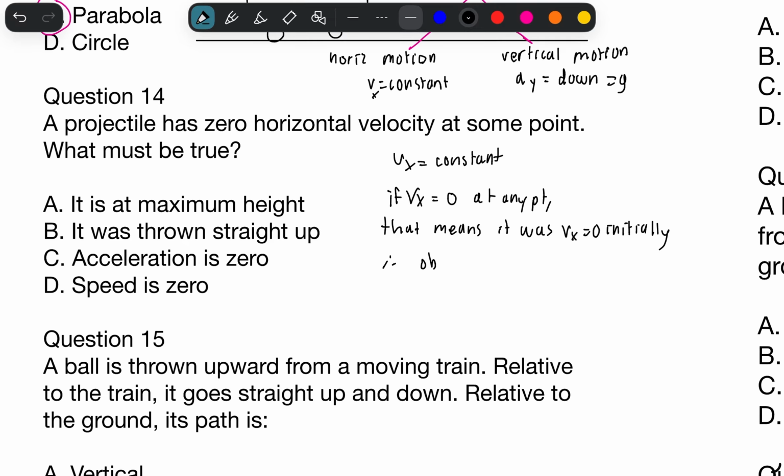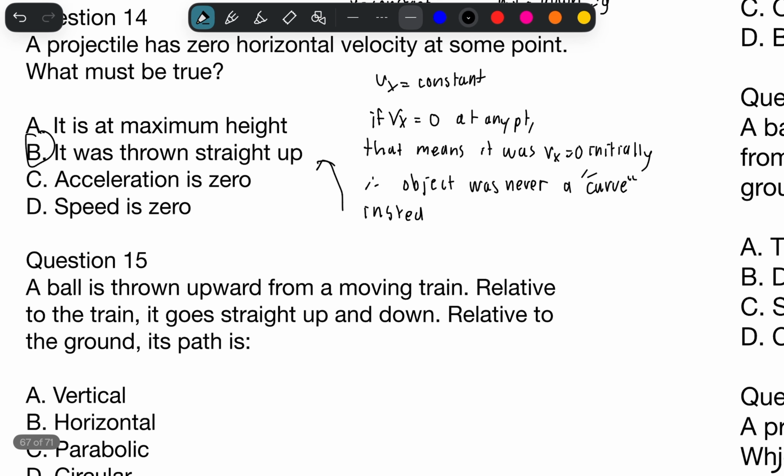Therefore, that means your object was actually never thrown in a projectile curve. Instead, it was thrown straight up